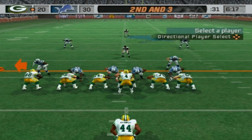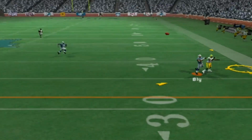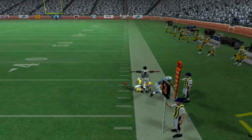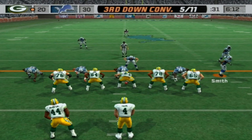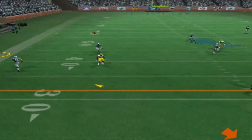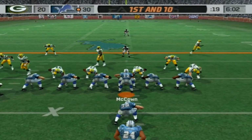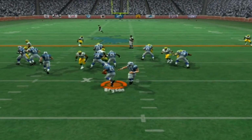2nd and 3 now. The Packers have to have a little bit of urgency here as Favre throws right side. That's tipped away by Dre Bly. 3rd down now, and here's Favre in the shotgun. He's going to throw left side under pressure, and it's caught but out of bounds. The Packers just decide to punt it away, and now we have a chance to just run the clock down